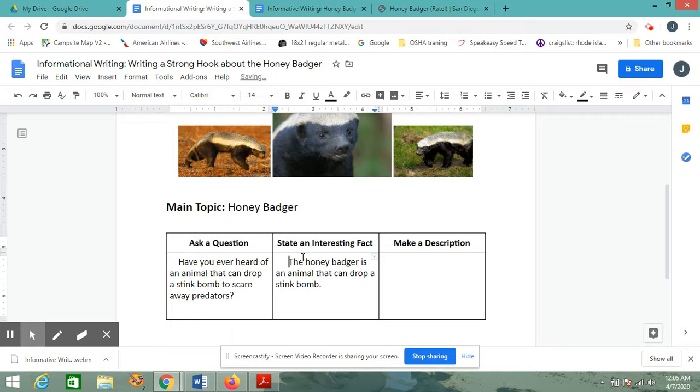So yeah, I'm stating a fact there, but that's not that interesting, right? The honey badger is an animal that can drop a stink bomb. It sounds just kind of plain. I could make that more. I could use more words, different language to describe it, or to help state my interesting fact. How about the honey badger is an animal that can drop a stink bomb to scare away